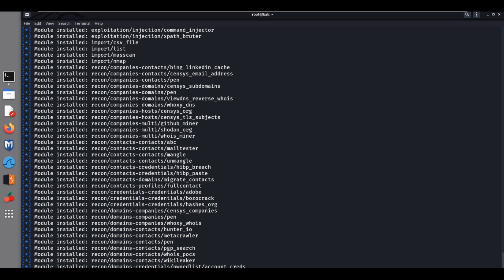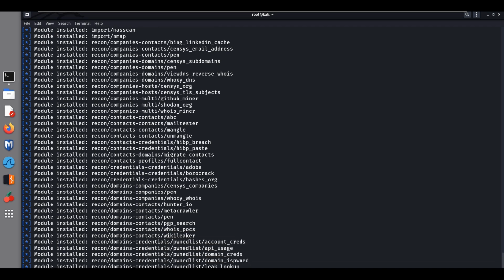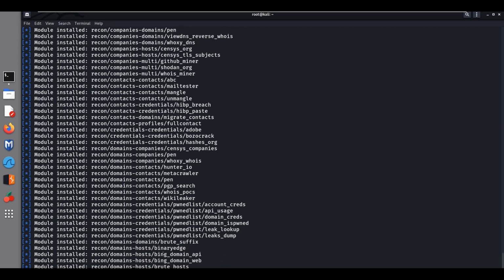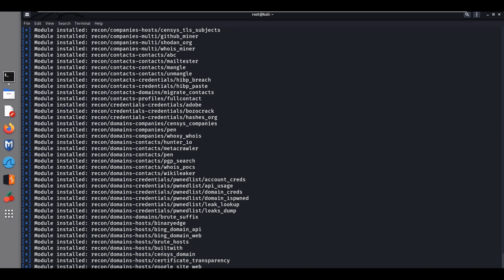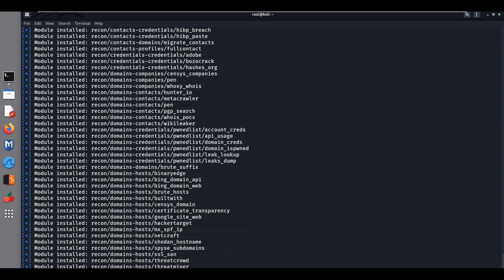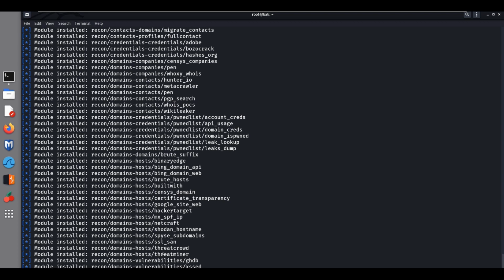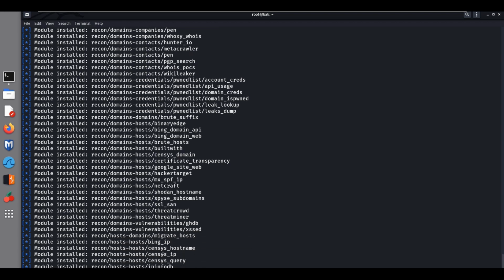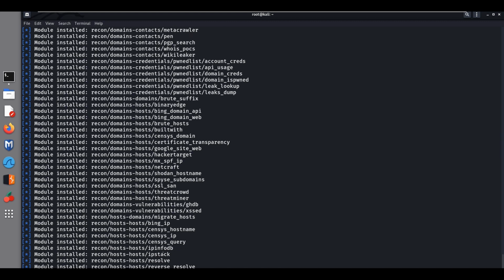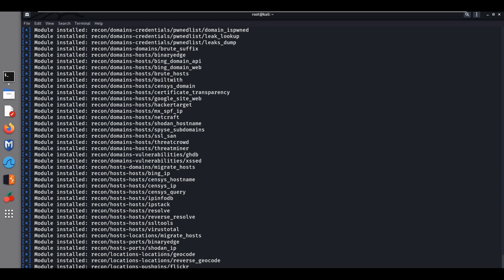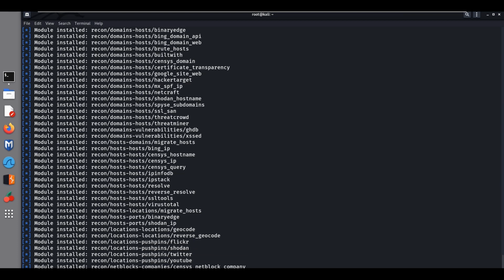One by one, it will be installing all the things, whatever your needs are. For finding information related to companies, profiles, any organizations, you can find it from here only. Related to websites, HTML text files, anything related to location as well.